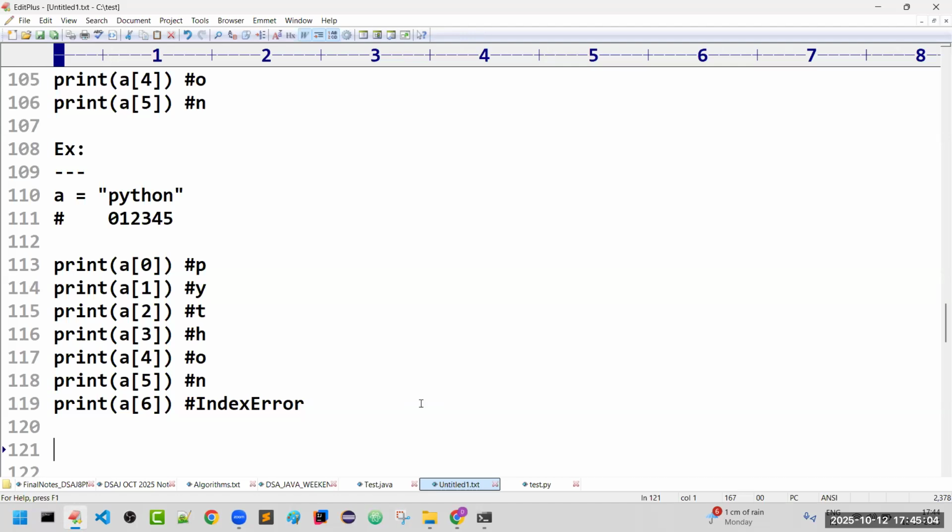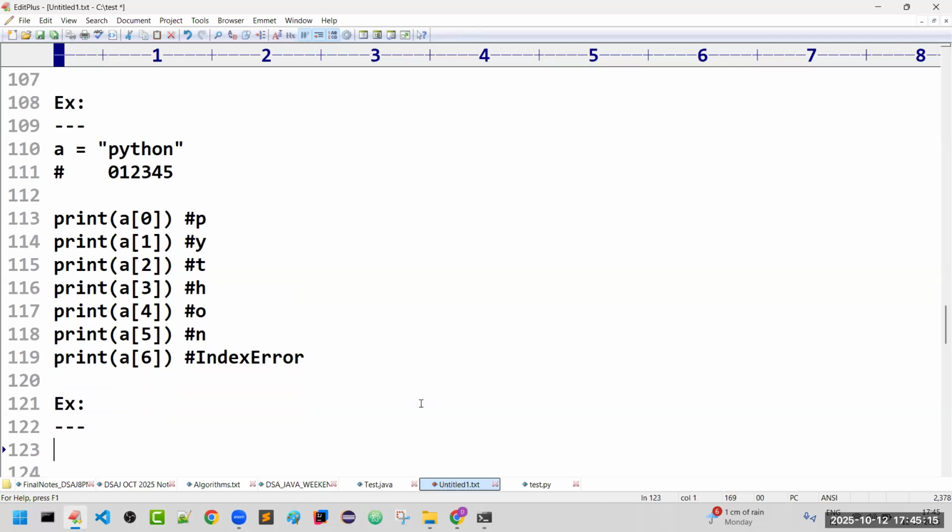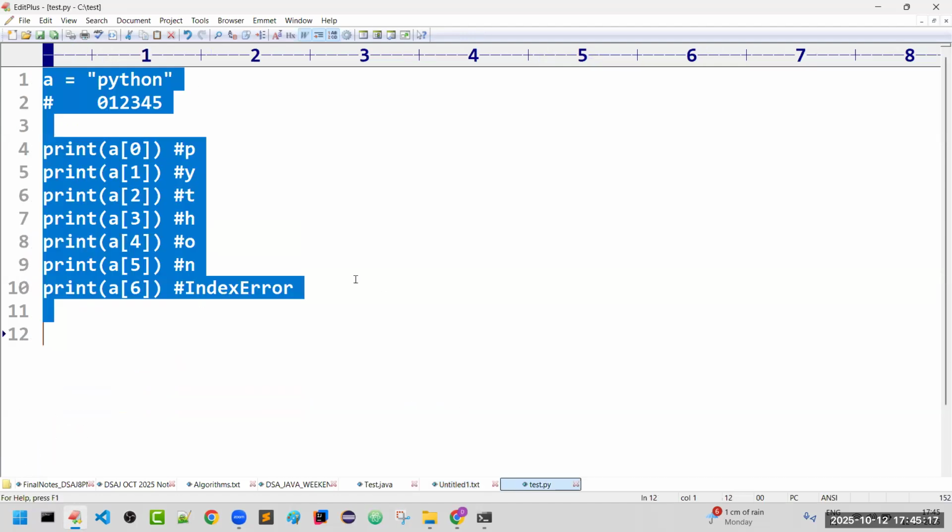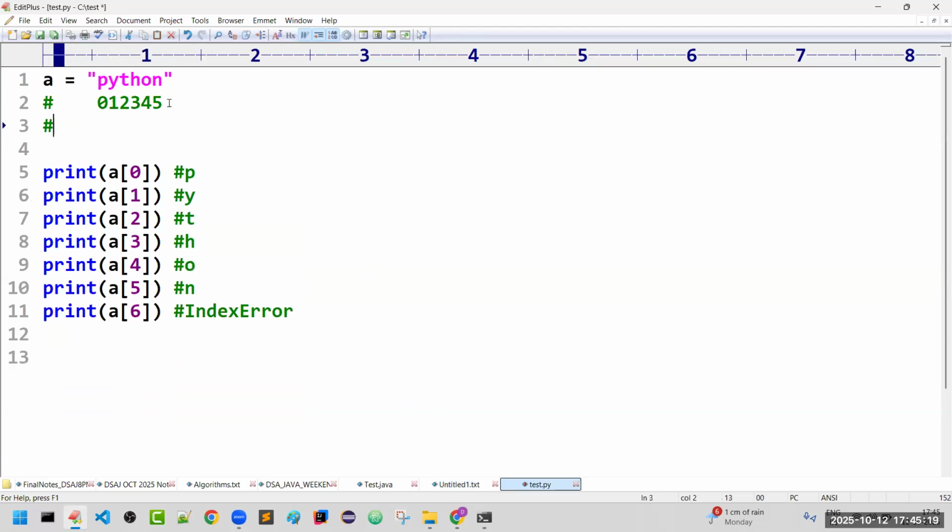Clear. Right. Not only positive indexing, Python also supports negative indexing. Taking the same string, negative indexing means the reverse direction: the positions are -6, -5, -4, -3, -2, -1.